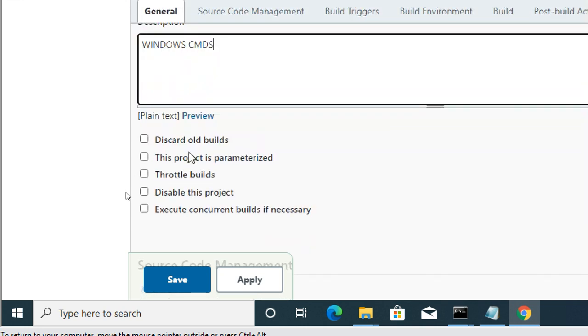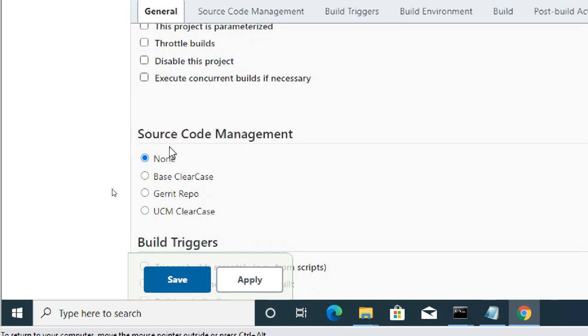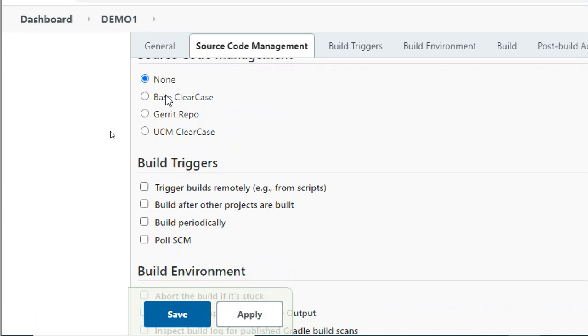If you don't want it, also no problem. Anything you can give it here. So you have to read what it is. If you know, good. The next one is source code management. Where is your source code? If you have source code somewhere, like your script or application, your code location. Why is Git not showing? Git is a plugin, and the Git plugin is not added, that's why it is not showing.